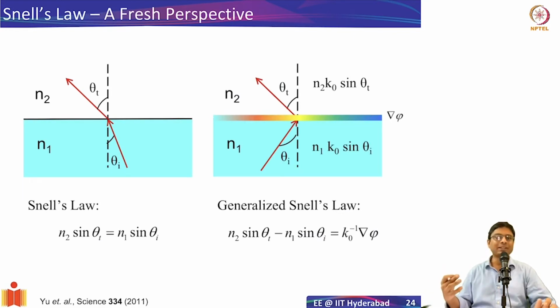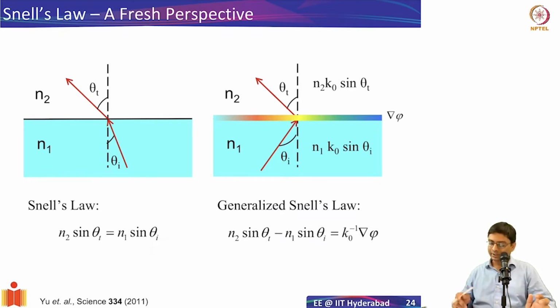It's as fundamental as revisiting Snell's law. The example here is, we have seen Snell's law already. Let's say you have an interface between two materials, N1 and N2, and then there is a light incident, and then it's exiting from medium N2. We know what Snell's law is. This is a standard thing we have seen already. And we also understood the physical basis for deriving Snell's law. We said that it's essentially conservation of the tangential component of the momentum. We derived Snell's law already.